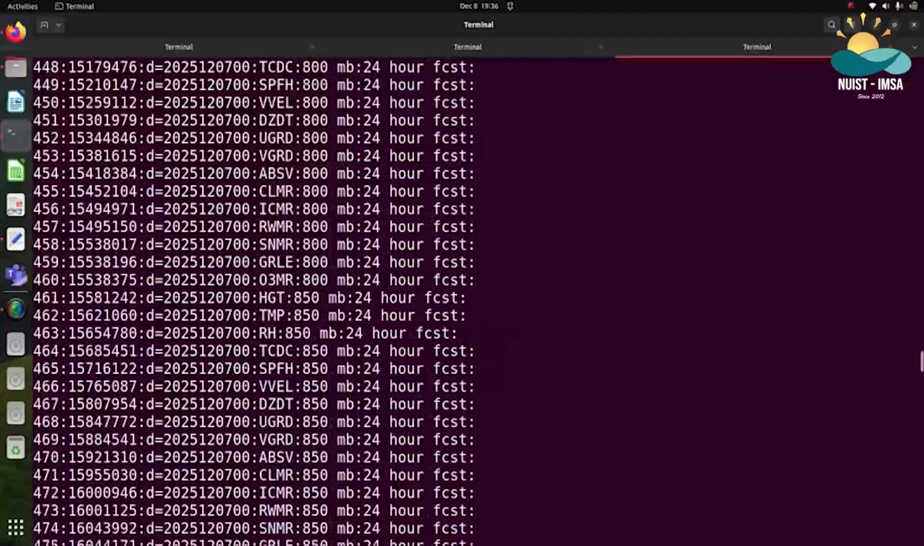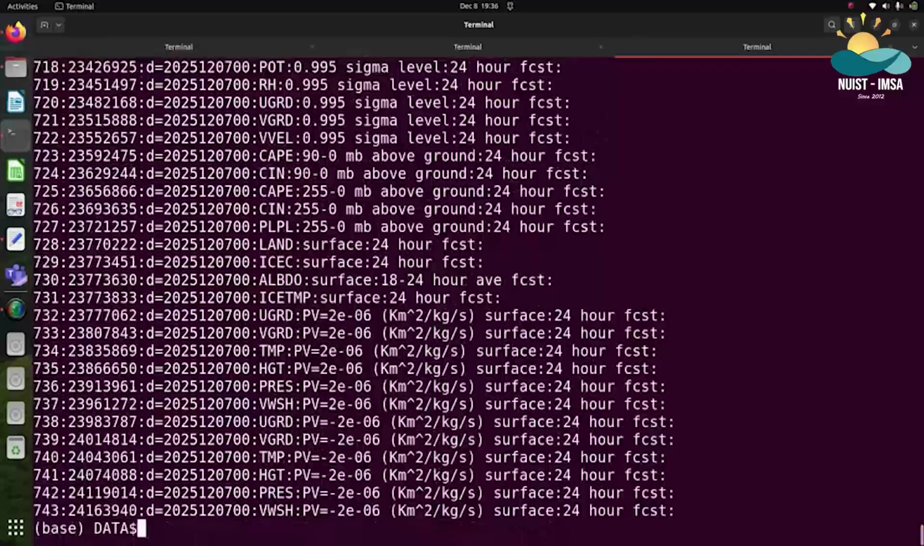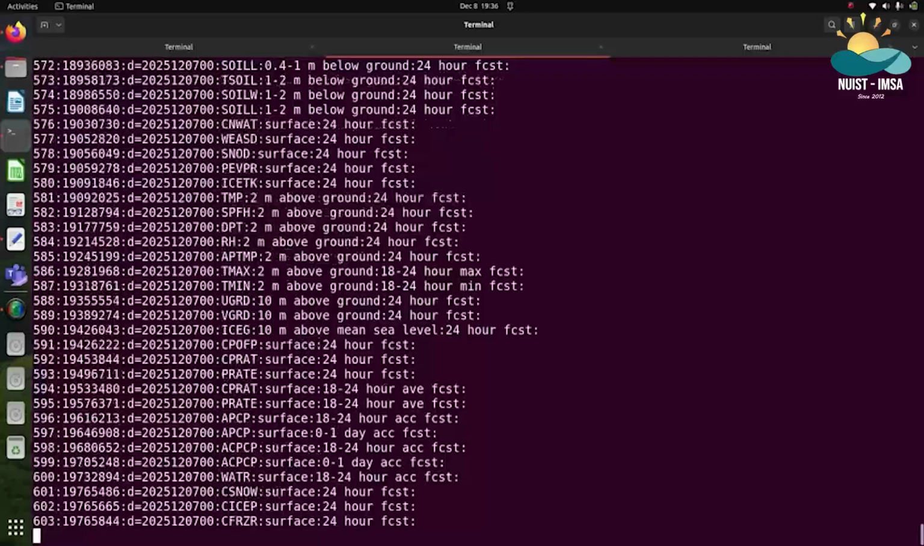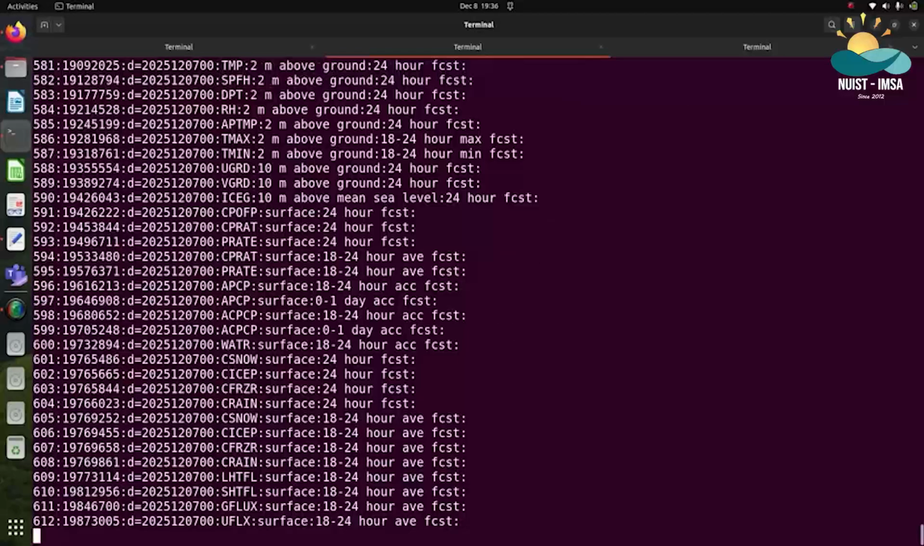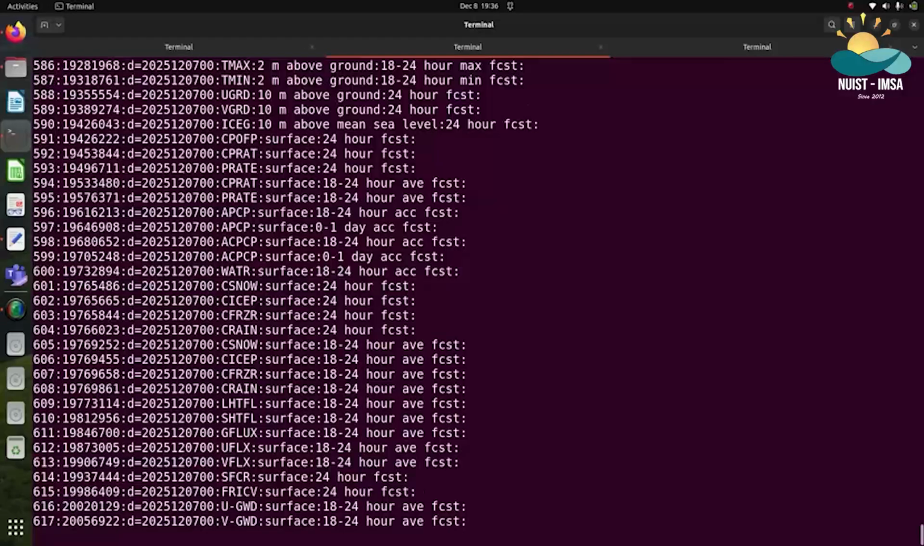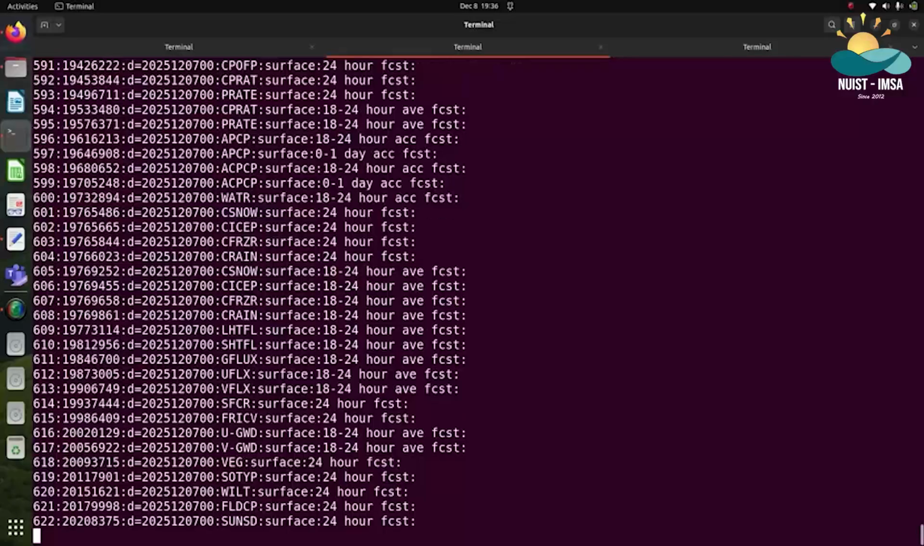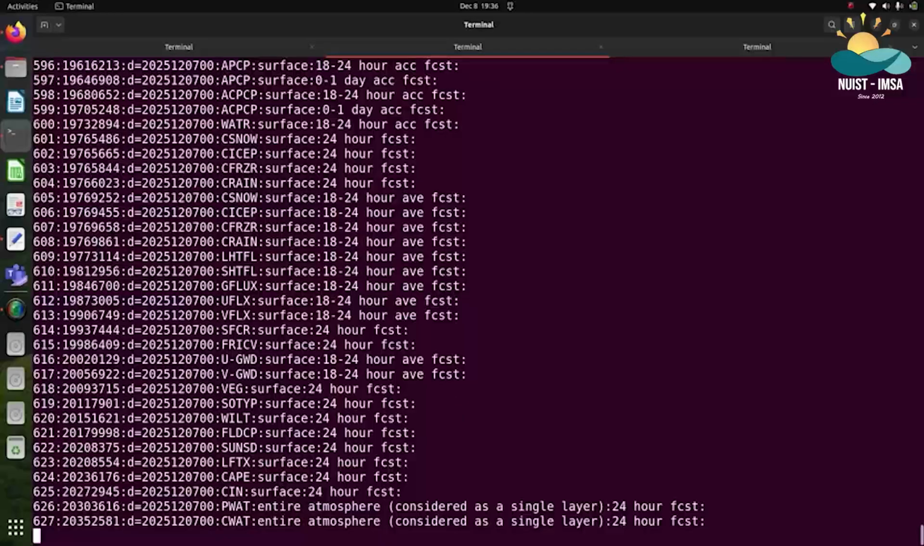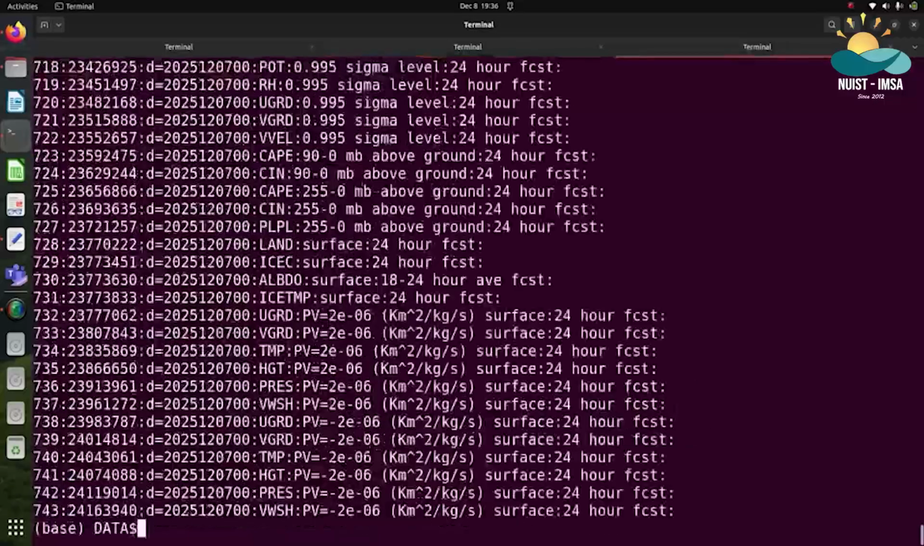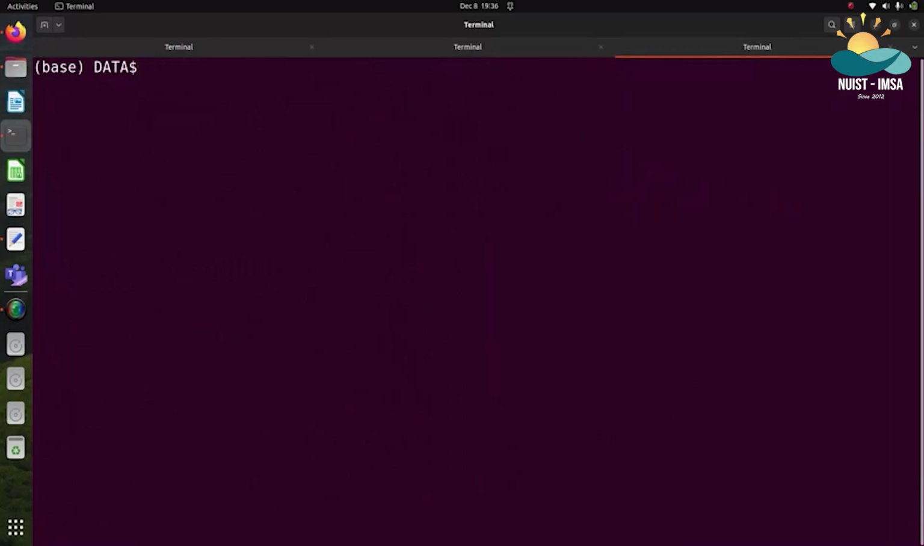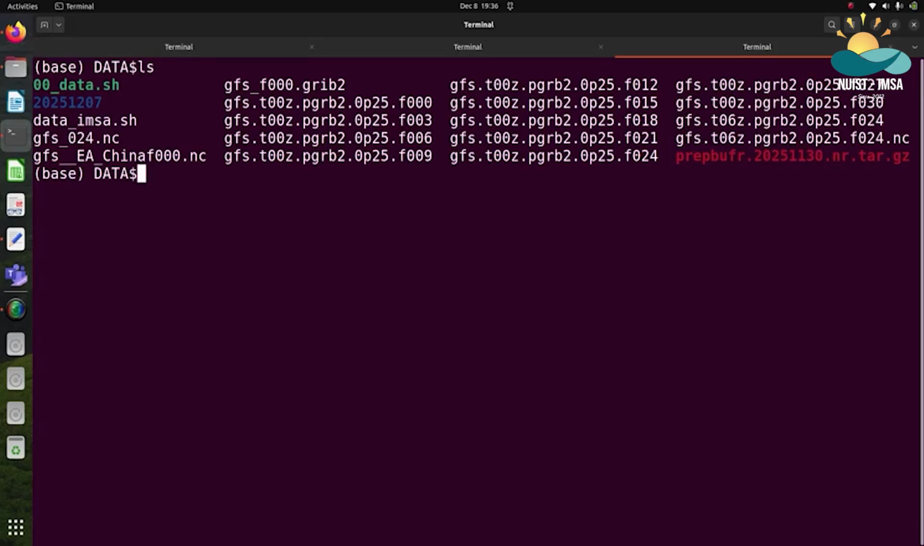Maybe we may want to even see one of them. Let me see if our conversion is complete. Our conversion is still not complete. Yeah, it's going to take some time. After it has finished, maybe we will be able to process and view one of the files. So as that is going on, let us also go out and see inside